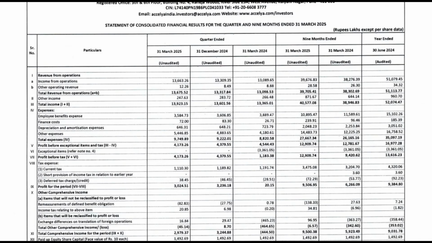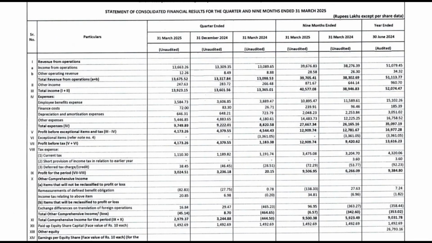Now we have the consolidated report here. It's not very different from what we had earlier. So 136 crore. So let's check directly for 9 months. 396 crore compared to 382 crore for last financial year. For 9 months period, for entire year it was 510 crore, and it has 396 crore. So if it makes another 126 crore, it will be above this figure.